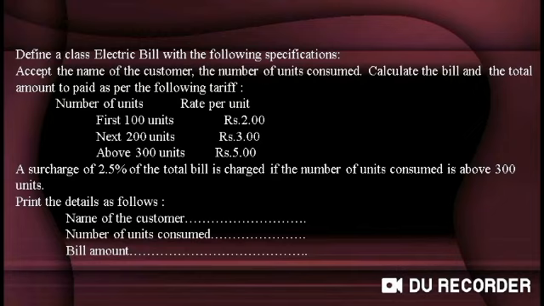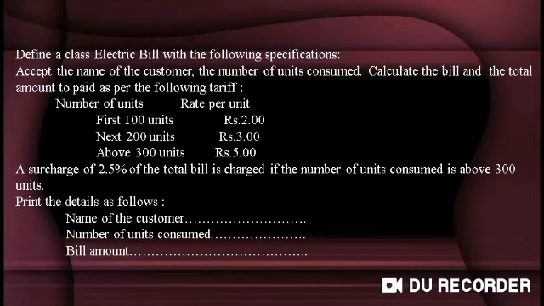A surcharge of 2.5% of the total bill is charged if the number of units consumed is above 300 units. So children, in this question, if it is above 300, then you will calculate the total bill, whatever is the total bill. According to that you will calculate the 2.5% of that total bill and you will add that to the total bill. That would be the total amount paid by the customer